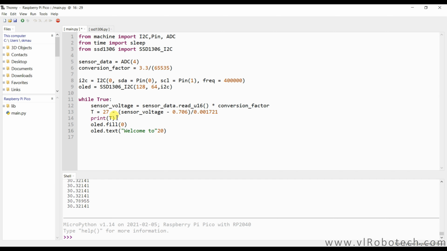It will be 20, 0. And again oled.text "Wide Loop Robotech", and its coordinate will be 0, meaning from 0, and y will be 12.